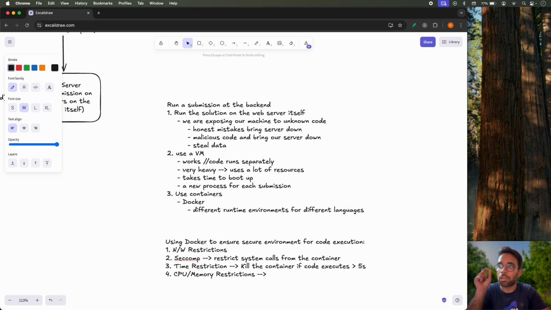If the memory usage by the code exceeds a certain limit, then we will kill the container if predefined limits or thresholds are breached. And the fifth thing is that we set this